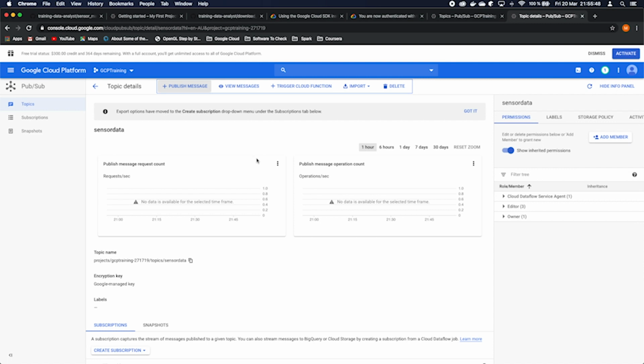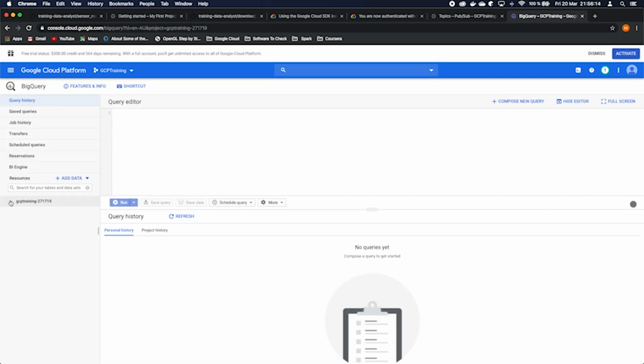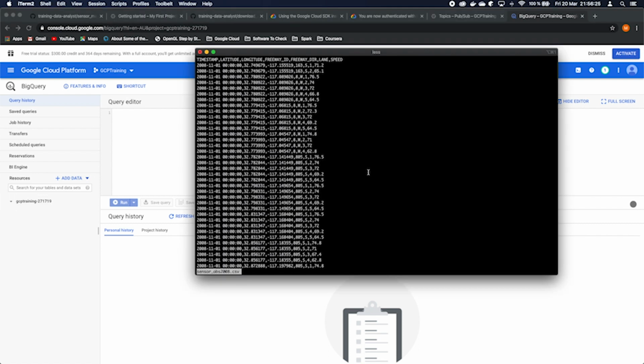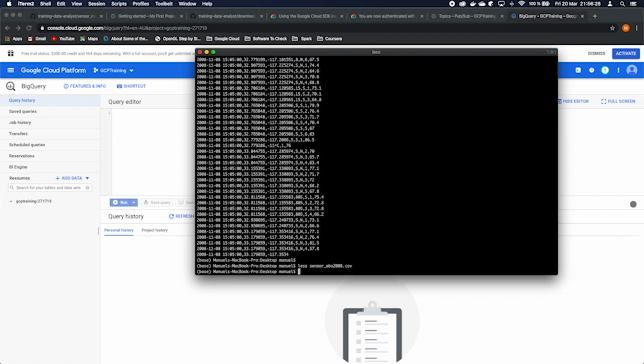How can we bring those data to BigQuery? First of all, we need a table in BigQuery. So let's go back to BigQuery. It is much simpler to create tables and datasets from the UI than from the terminal. But if you want, you can always take a look with gcloud BigQuery, bq, sorry.